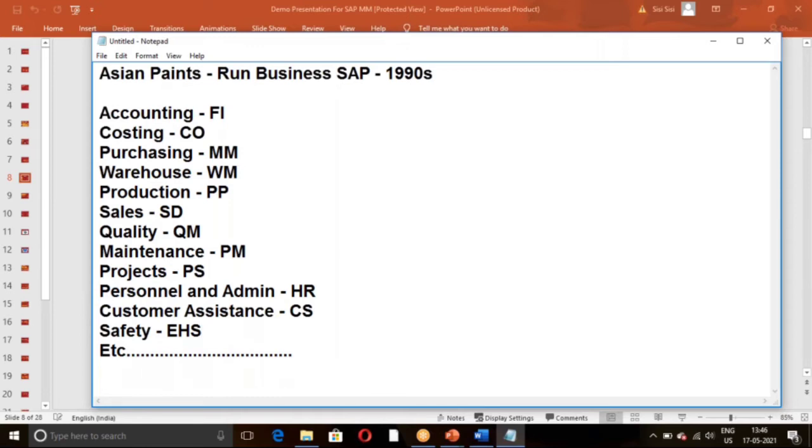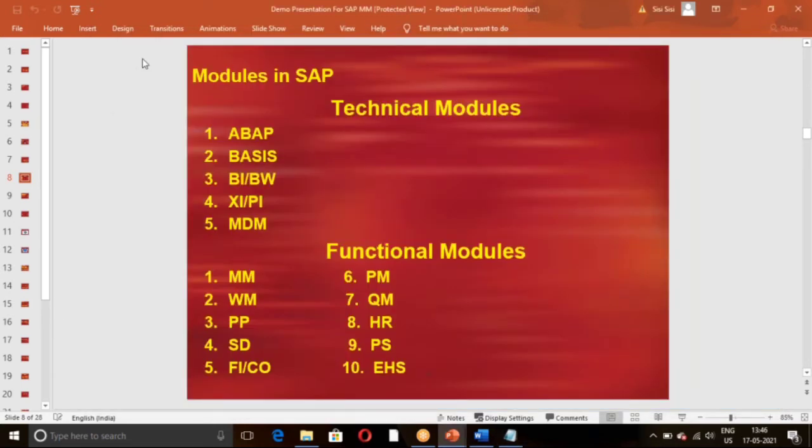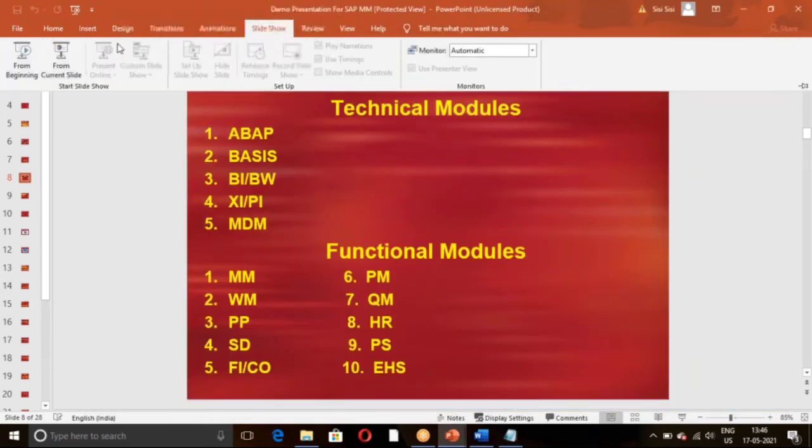So a safety engineer has to provide a set of guidelines whenever they are performing an activity or operation. That department comes under the safety department, and the module we call environmental health and safety. Like this, the departments of a particular organization are treated as functional modules.